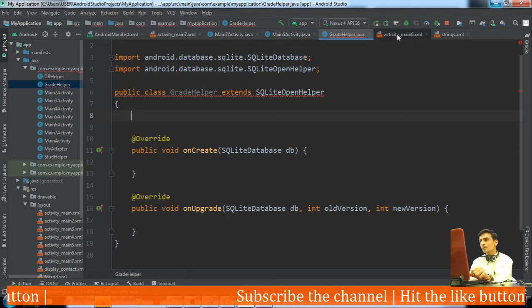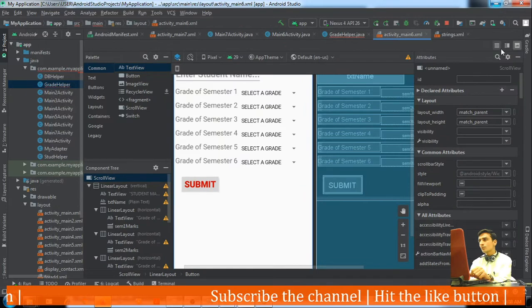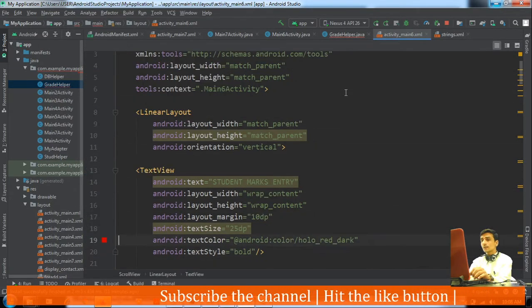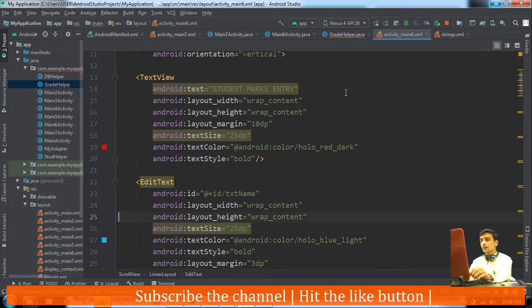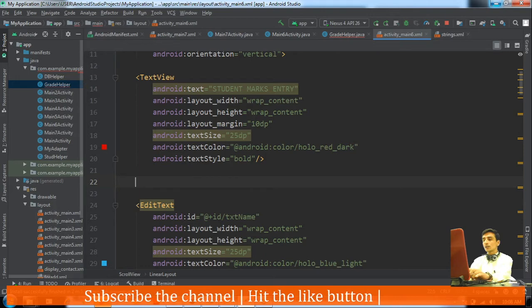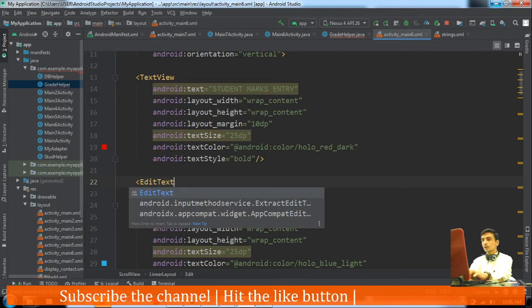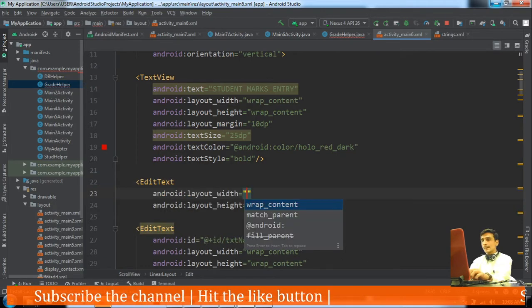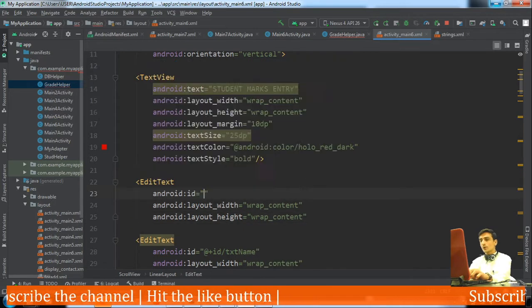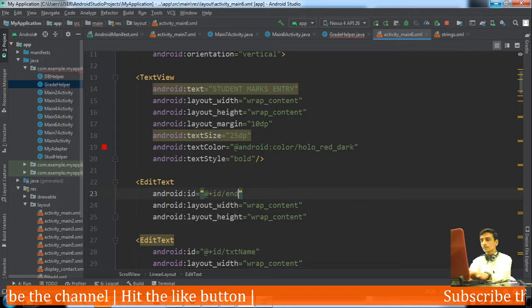So let's modify our layout and put the additional thing, that is our roll number, for enrollment number.